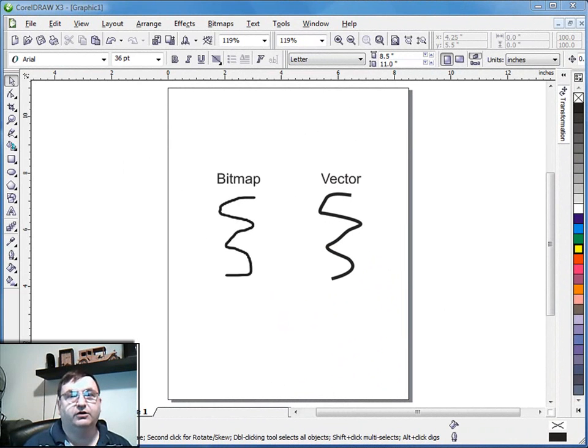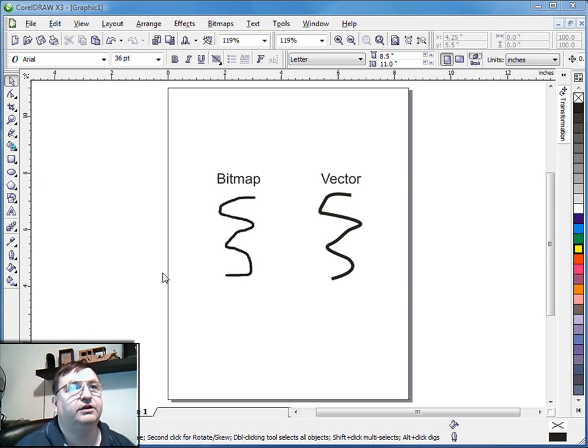Tonight I'm going to do the second video in a series of videos on the basics of CorelDRAW so we can all get up to speed and be creating scrollsaw patterns with CorelDRAW. And what I want to talk about tonight is why use a vector-based graphics program such as CorelDRAW as opposed to using some of the other image editors like Photoshop or even Microsoft Paint. And so what I'm going to do tonight is show you the difference between a vector graphic and a bitmap graphic. And a bitmap is basically what's produced by programs like Photoshop, and a vector graphic is produced by CorelDRAW.